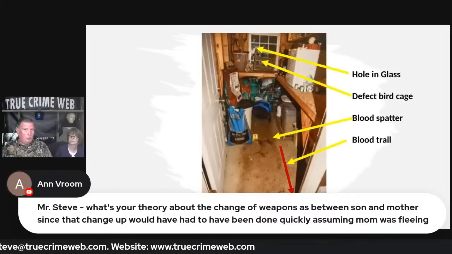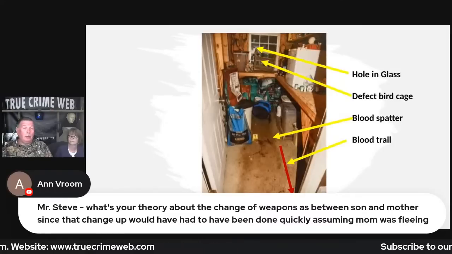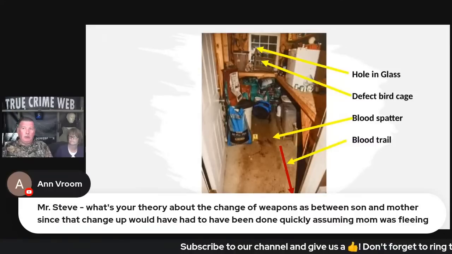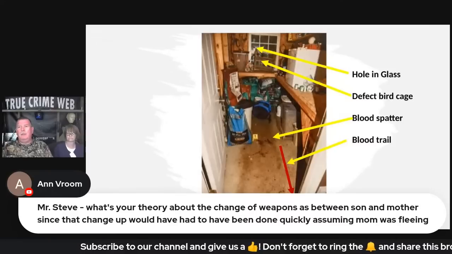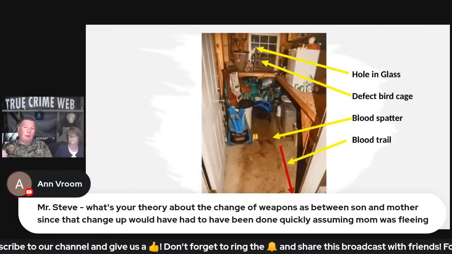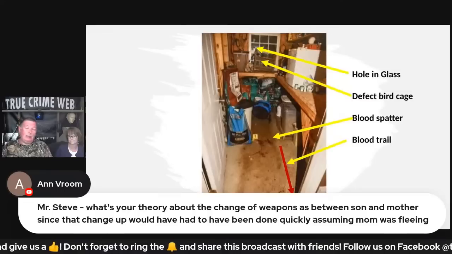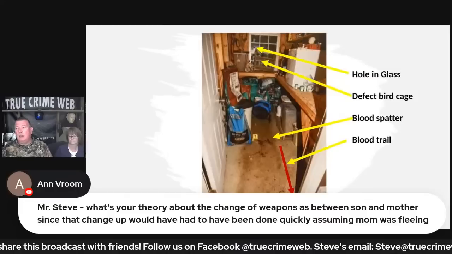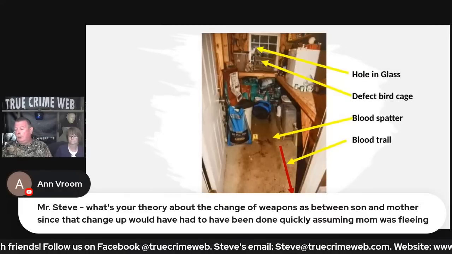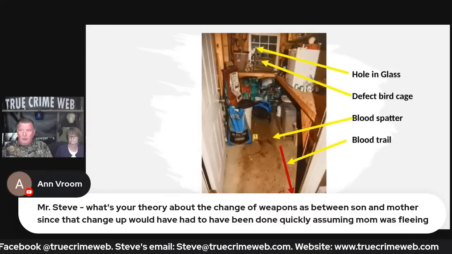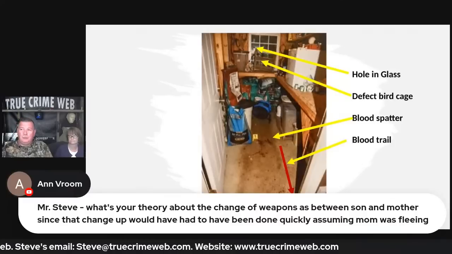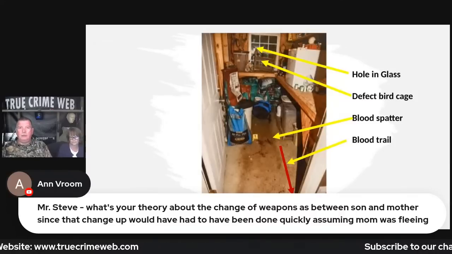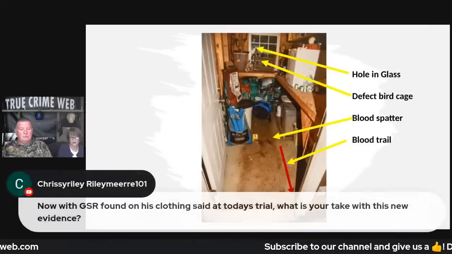It's not always that someone hears a gunshot and they immediately flee. They may be going to get something to come back and attack you with. Was there something, did she know where there was another firearm? It's possible that she was fleeing, or it's possible she may have been on the attack, or possible she was going to go get a gun. So it's not always fleeing. I don't know which one of those would explain it, but I've seen that human nature, more often than not, the mother has those protective instincts.